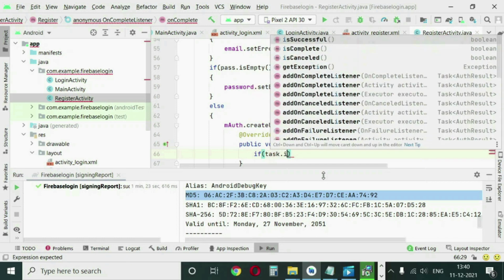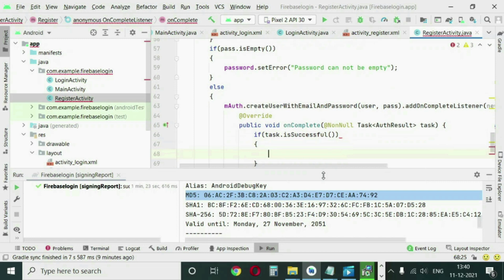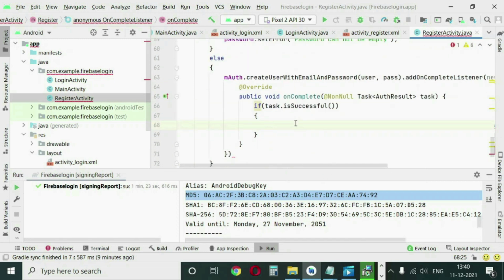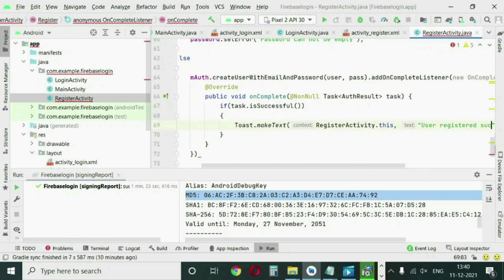So if task is successful, we can write the function toast message that register activity dot this inside this activity, and the message will be user registered successfully.